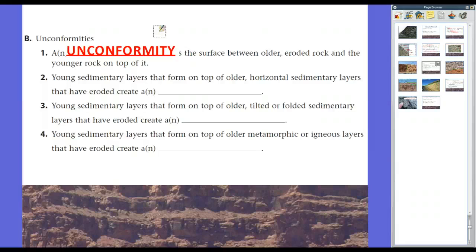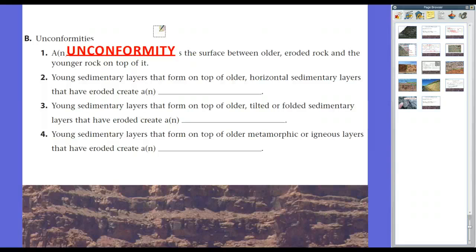So they just kind of sit one on top of the other. But if you have a layer that's been exposed to the elements and you have weathering and erosion, you might actually have pieces of the rock record that aren't there. Okay, they might have eroded away, or even there was a time where there was just no rock laid on